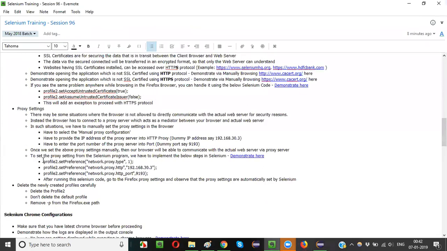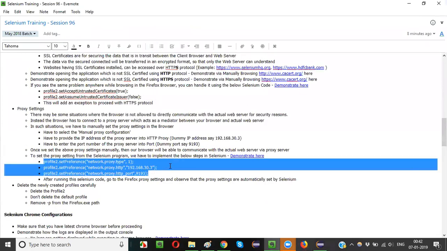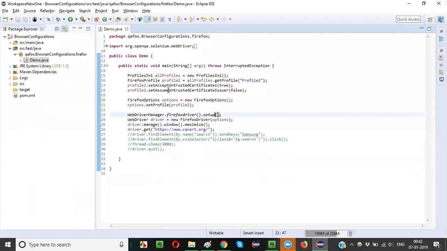For that, there is some code, guys. This is the code. Using Selenium, if you want to set the proxy settings which I have done manually, just now showed you in a practical way, in a manual way, right? If you want to do the same thing, you have to write this code. Okay. For example,